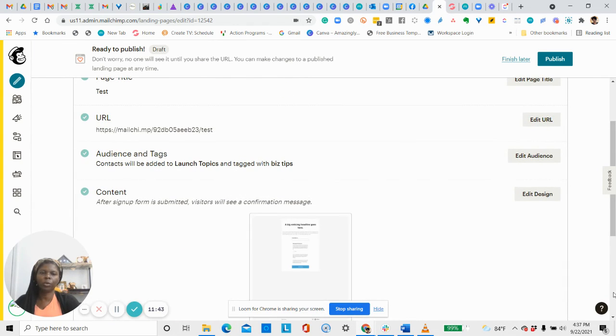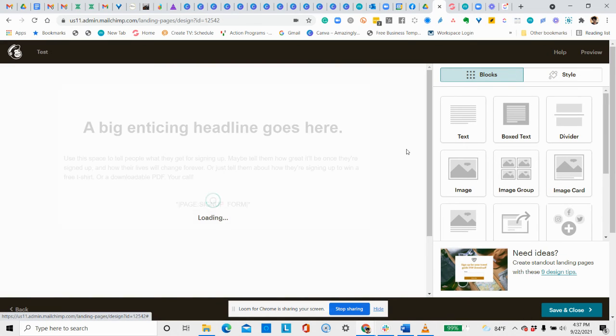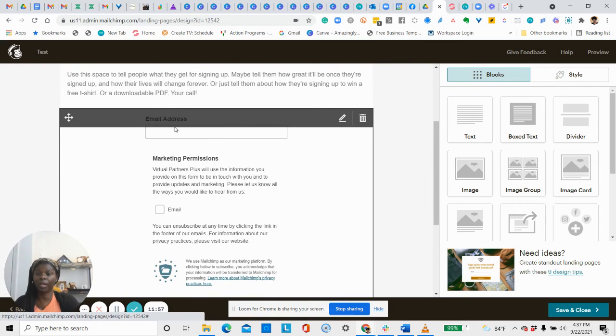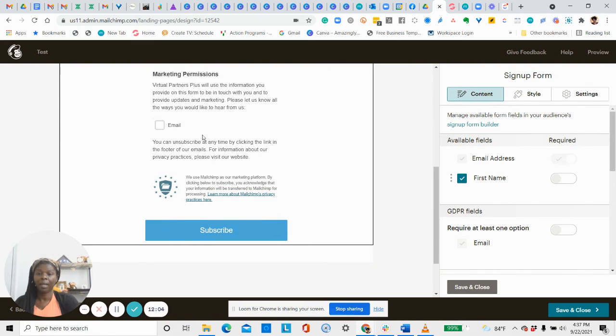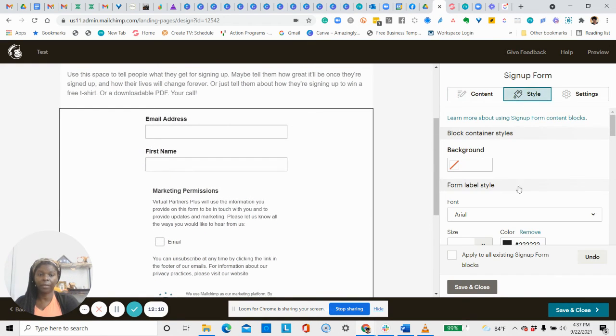And then, of course, you do the content that we just talked about, where you set up that main page and put the logos and all the other information. Whatever your freebie is, you need to set it up here. The only thing is, you have email in this one. You want to have email and first name. And then for the button, after they sign up,